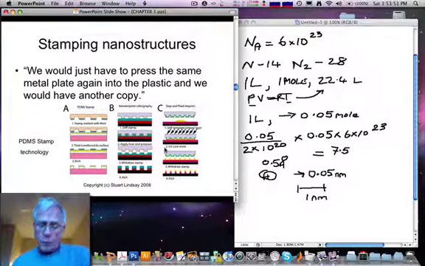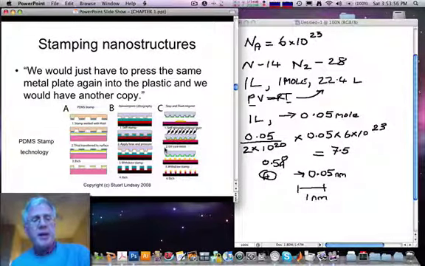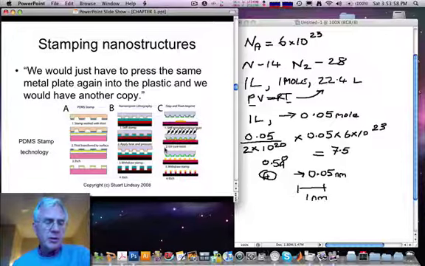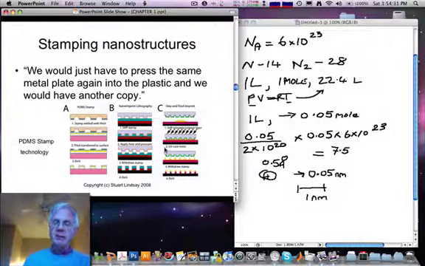Another thing Feynman addressed was the problem of, well, gee, we can take an electron microscope and run it backwards to make very small systems, but that's very hard and you've made only one of them. What if you want to build a manufacturing economy based on nanostructures? Well, Feynman had an answer there. He said, well, let's go ahead and make one nanostructure, and then let's make a very fine rubber mold and make a copy of it and stamp out copies of this nanostructure. And there is indeed a technology called stamp technology that is available today and beginning to be used quite widely for making nanostructures in many industries.